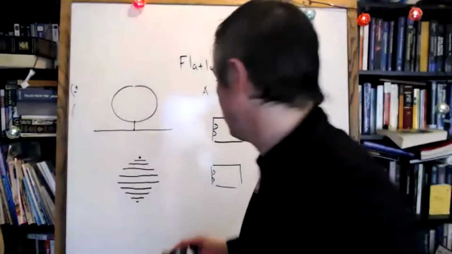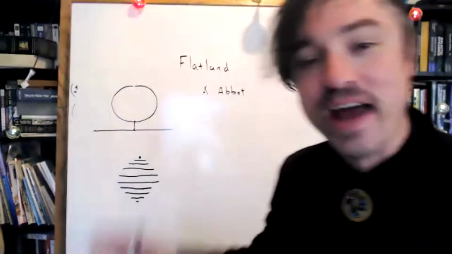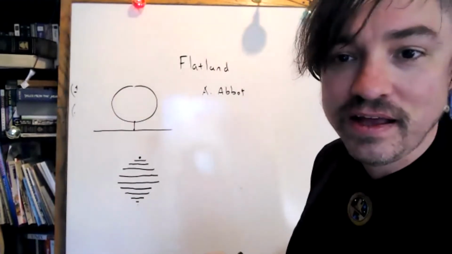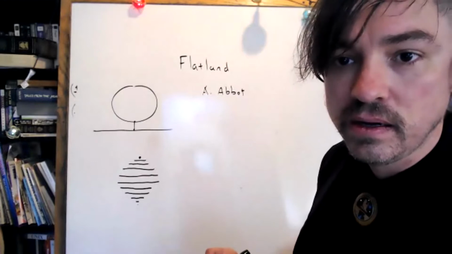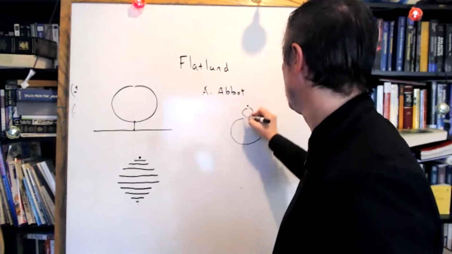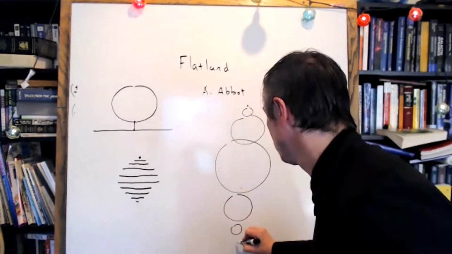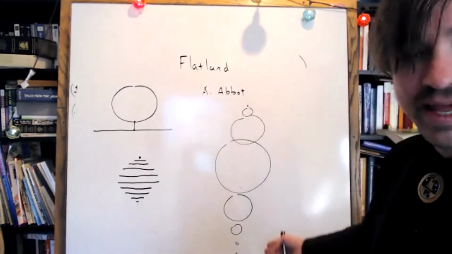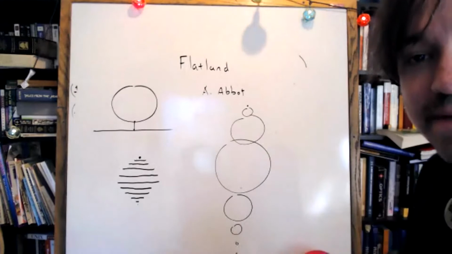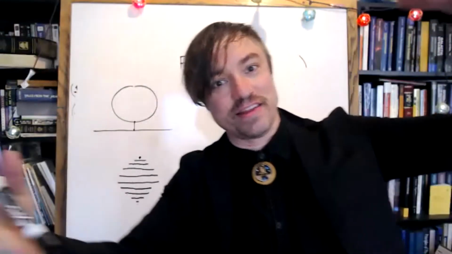Well, you're going to have to talk over the din of other students trying to compete to answer the question, but I think you've got it in you. Okay, so go ahead. Tell us what you think. It's going to be a point, then a small sphere appearing out of nowhere. Then when the hypersphere reaches its maximum diameter, it will be a big sphere. Then it's going to get smaller, then to a point again. Right. It would be like a three-dimensional version of that. That makes good sense to me, Vladimir. That would probably look pretty crazy. It would look like a dot that grew into a sphere in front of your eyes and then shrunk back down.